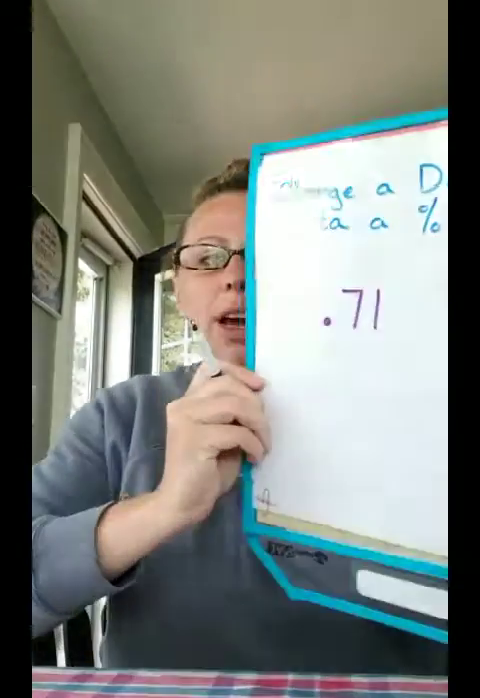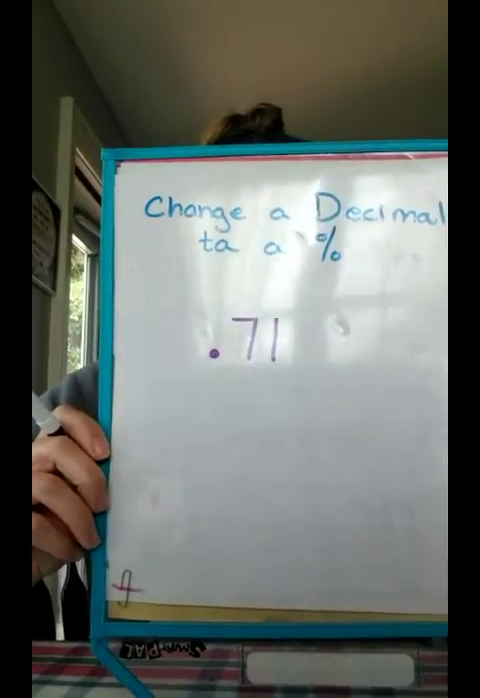So the first one we're going to talk about is changing a decimal into a percentage. Now remember, decimals, percentages, and fractions are just part of a whole, the whole being 1 for a fraction, or